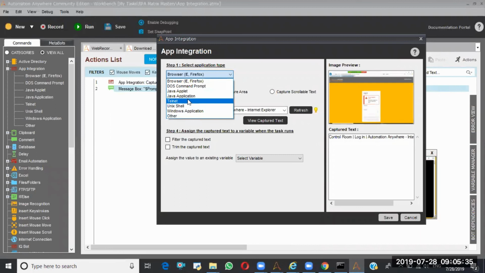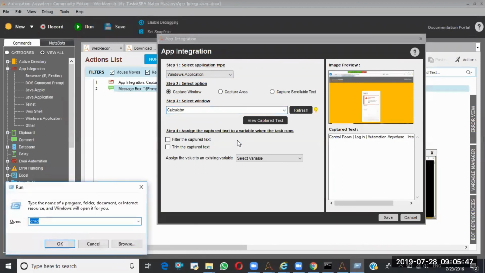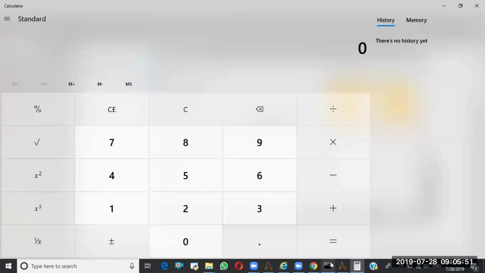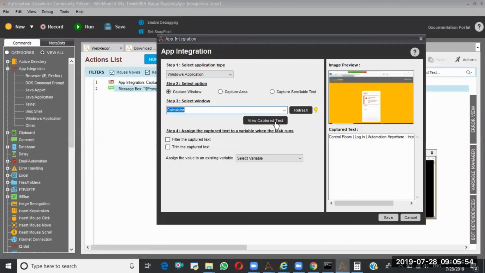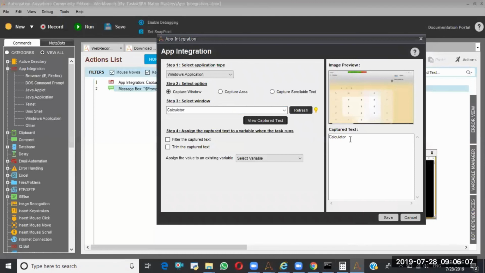In the same way, for Telnet applications, and if we have Unix shells, we can do the Unix shells. Windows applications as well. Windows applications, calculator. So here I'm selecting the calculator. So it is trying to get the text from the calculator window itself. See, it is giving the title only.